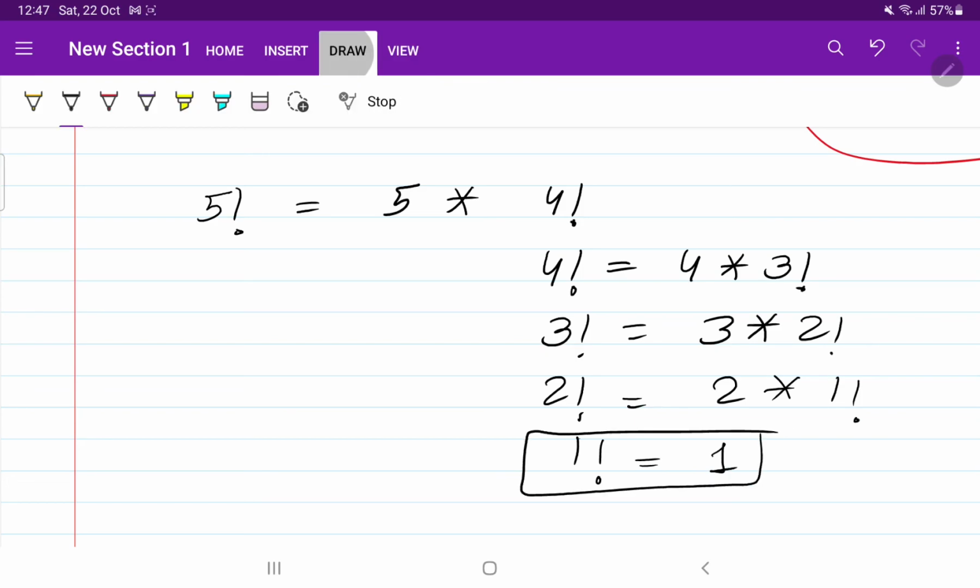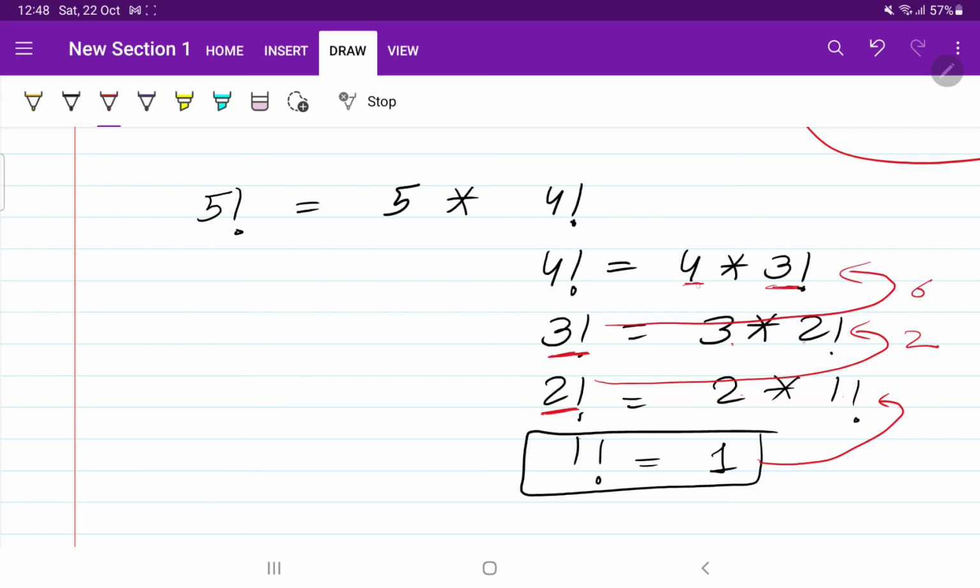So what we have done, we have recursively called the function. So for 1, we will return the value as 1. So it will be 2 into 1. So what is the value of 2 factorial? 2. So we will return the value 2 here. So 2 into 3, 6. So what is the value of 3 factorial? 6. So it will come to here. Now 6 into 4, it will be 24. So this 4 factorial will be 24. So 24 into 5, 120. So 5 factorial value will be 120.